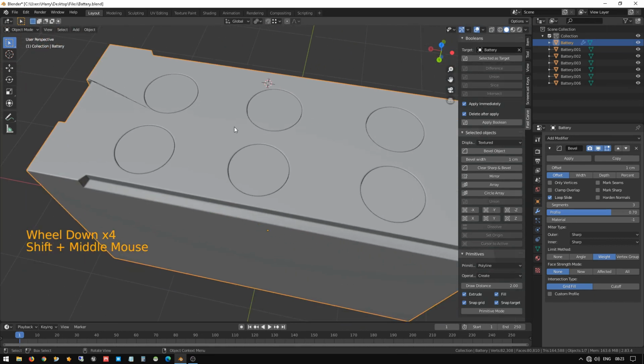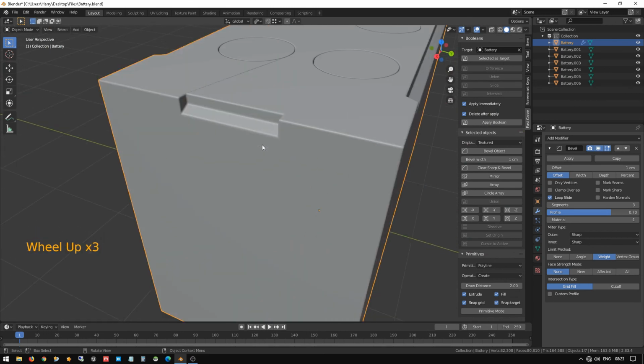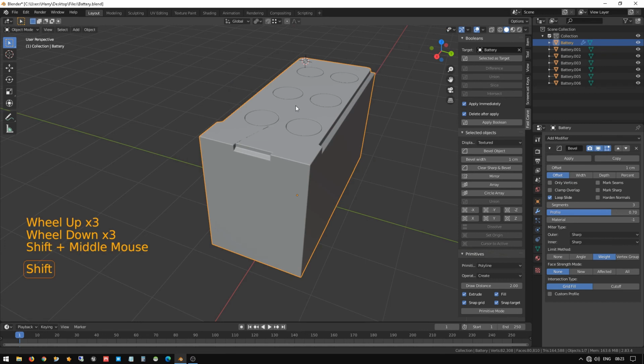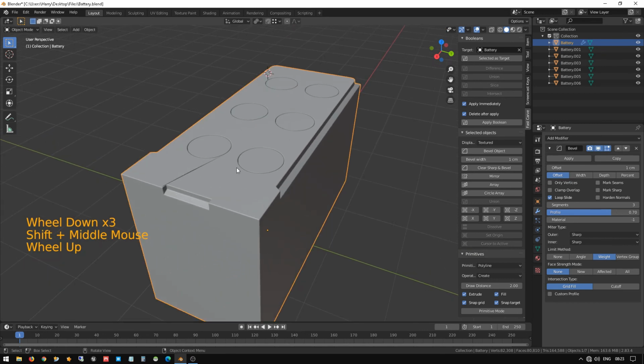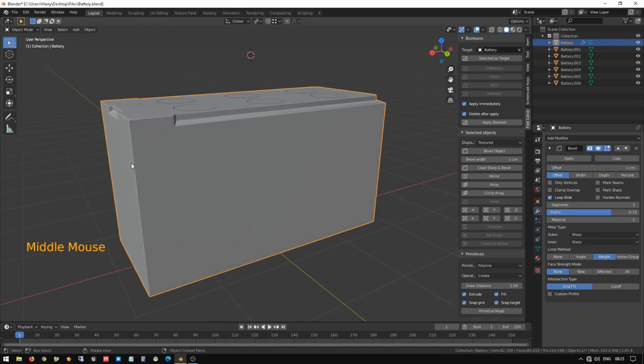Okay, let me clear this error further in the next video. I'll just guide you on how to do it, because this has become a more than 20 minute long tutorial. Okay, let me make this into three parts. So in the next part I'm going to clear this error, and then we are going to create the power connection for this battery in these top two corners, and then we are going to create one edge cut design here, and we are going to add the label here in further tutorials.